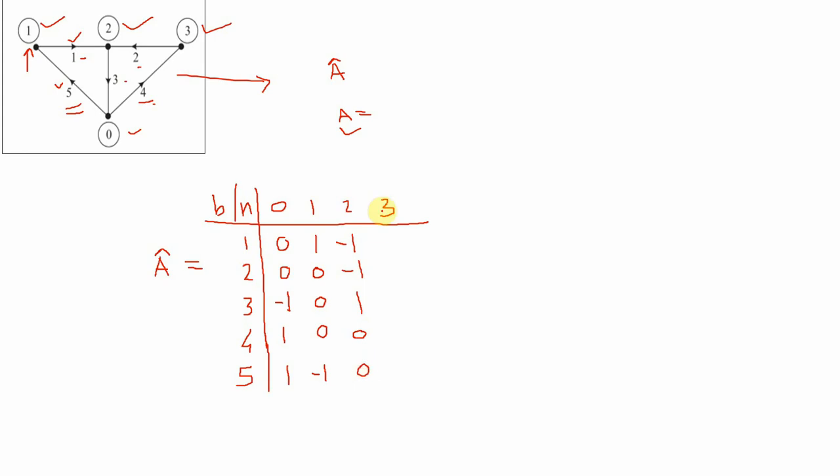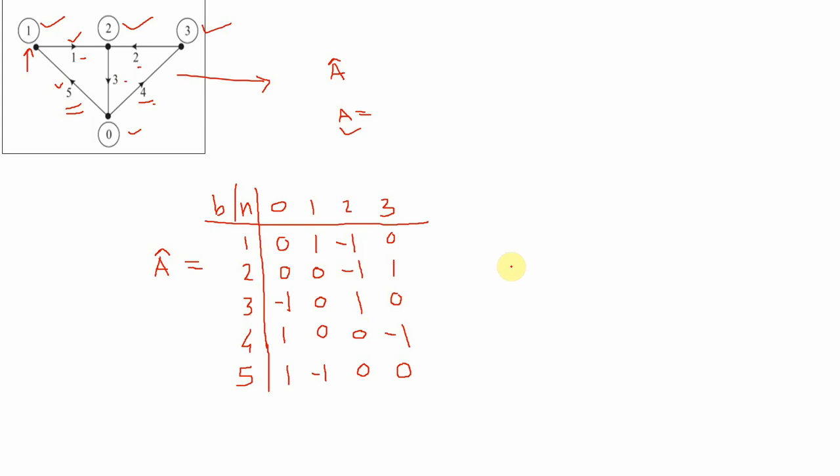Now next, for node number 3, it is observed that branch number 2 and 4 are connected to this particular node number 3. Branch number 2 is outgoing, so that's why it is positive 1. Branch number 4 is incoming towards the node, right? So that's why it is minus 1. And the remaining are 0 because the remaining branches are not connected to this particular node number 3. So simply we can write here 0. So this is your element node incidence matrix or branch node incidence matrix A.